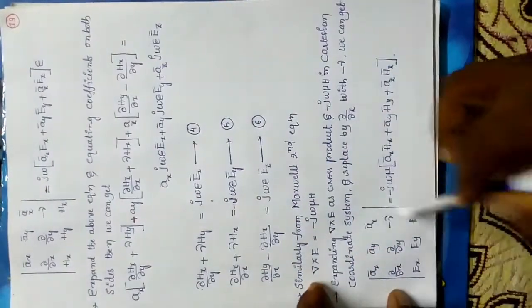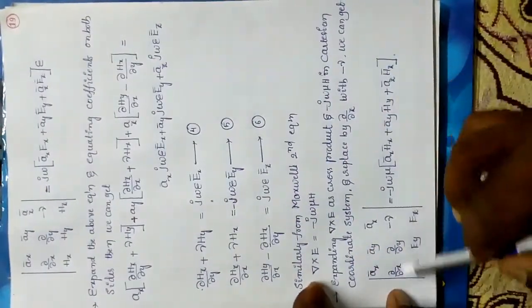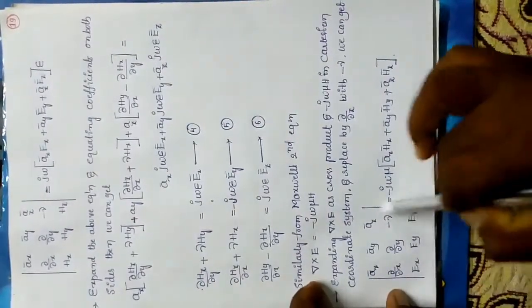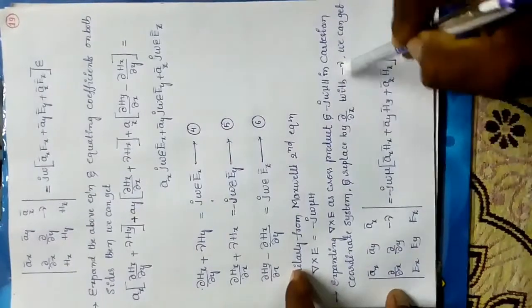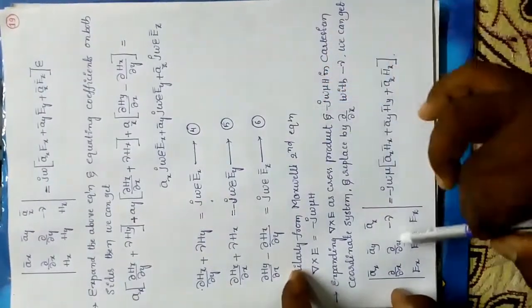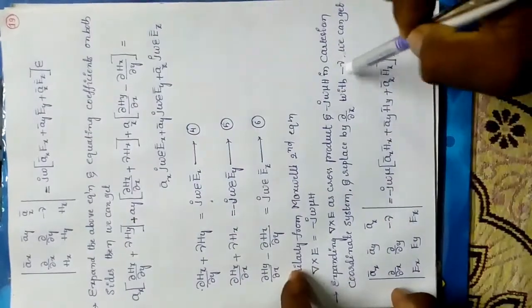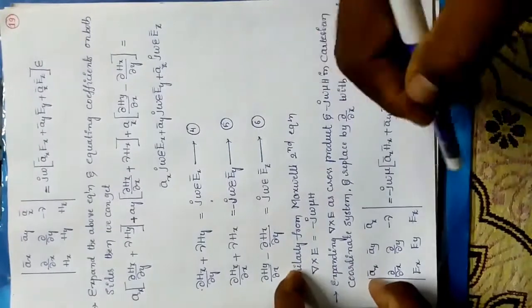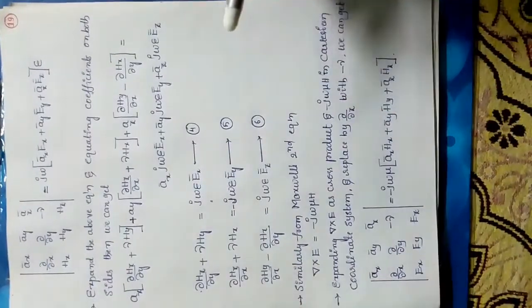That means here, dou by dou x, dou by dou y, dou by dou z. In this, dou by dou z you simply write minus gamma, because of some standard formulas we are using like that only. Dou by dou z is equal to minus gamma. Why dou by dou z? Dou by dou z is along the length of that particular propagation of the waveguide. So that's why I'm taking gamma.